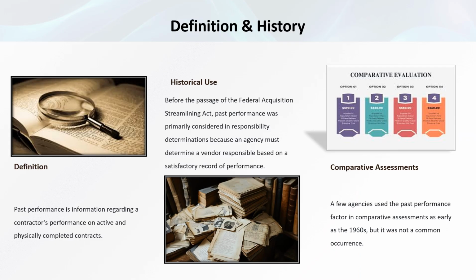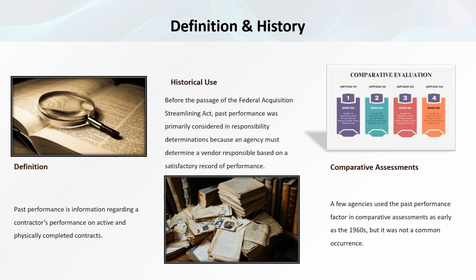Past performance is information regarding the contractor performance on active and physically complete contracts. Historically, before the passage of the Federal Acquisition Streamlining Act in 1994, past performance was primarily considered in responsibility determinations because agencies must determine a vendor responsible based on a satisfactory record of performance. However, a few agencies used the past performance factor in comparative assessments as early as the 1960s, but it was